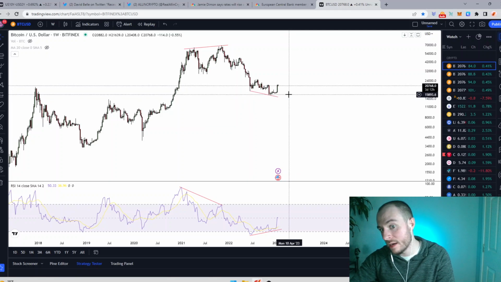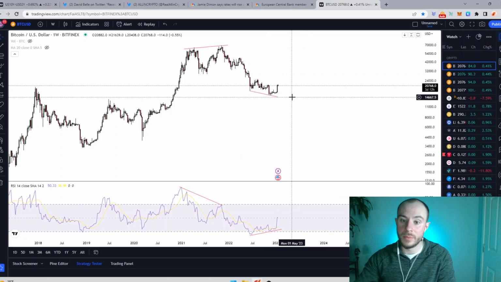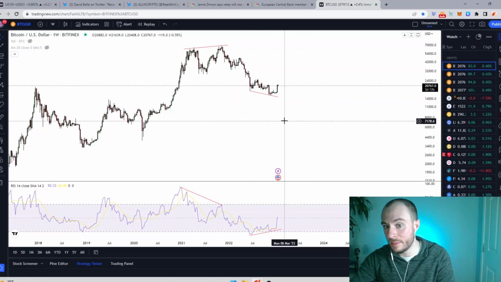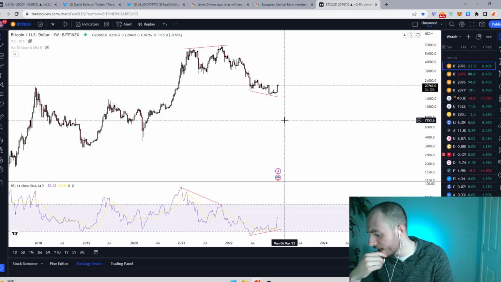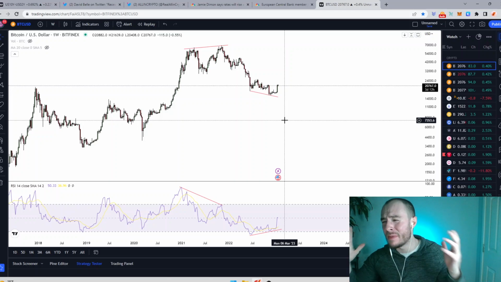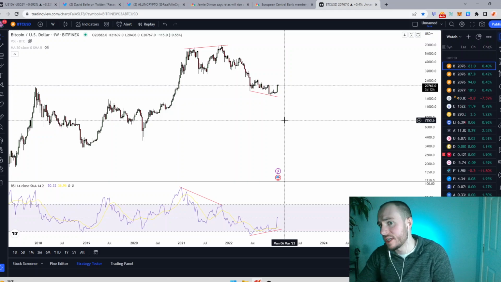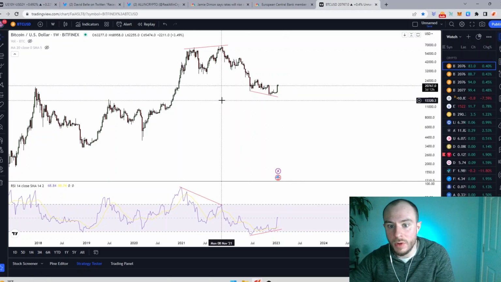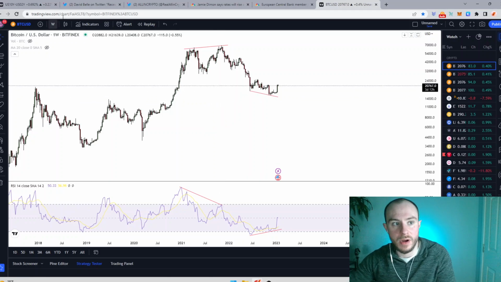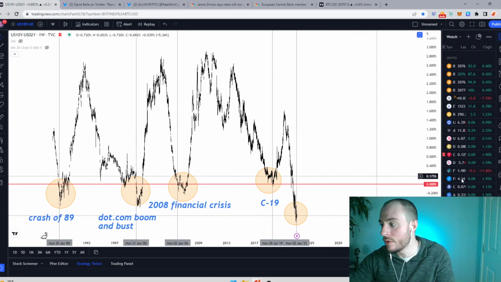Could be, maybe you come down and put in a similar low or a marginally lower one, but what we're saying is we're happy to maybe allocate back into this market at this point after being out of the market for basically all of last year. Everyone's a genius in a bull market. Look at what people do in a bear market and whether they're profitable. That's important, so let's talk about it.